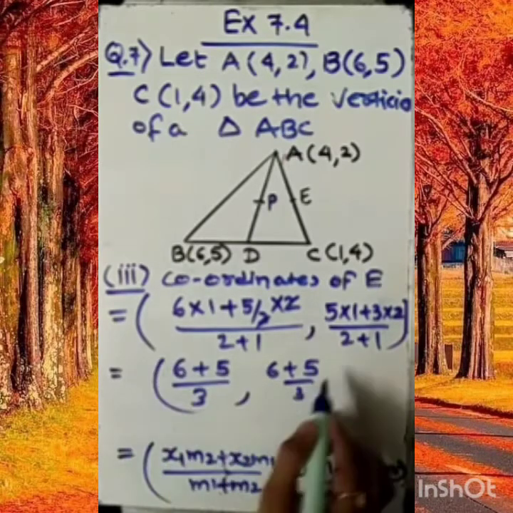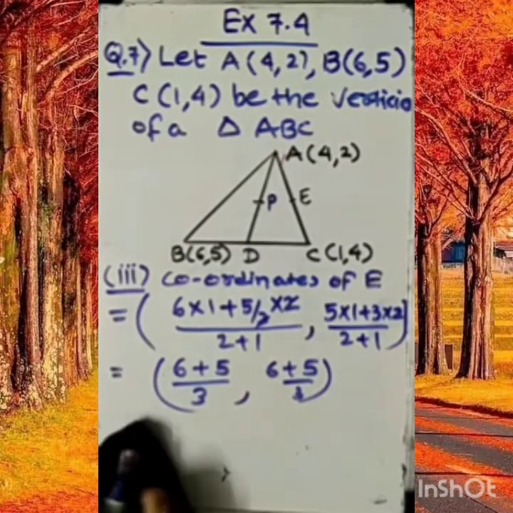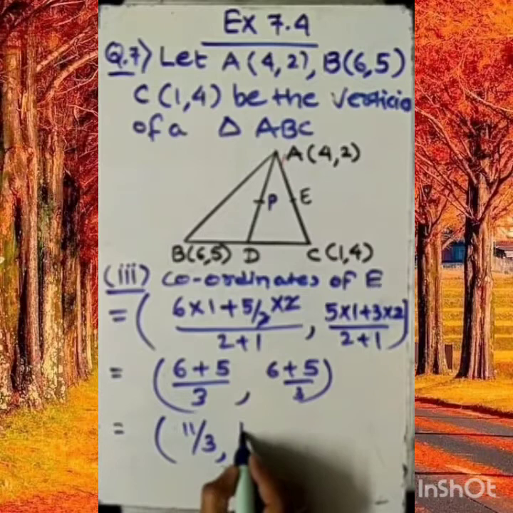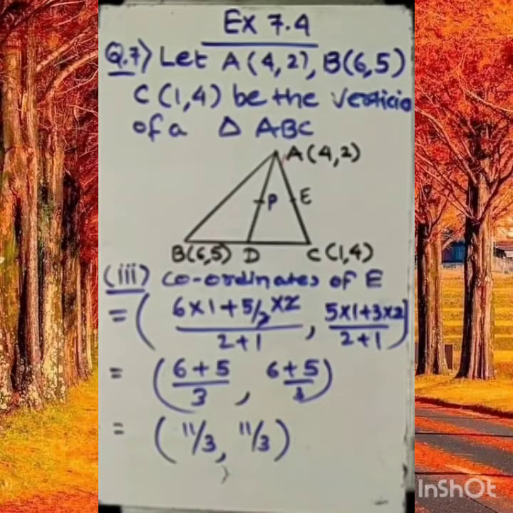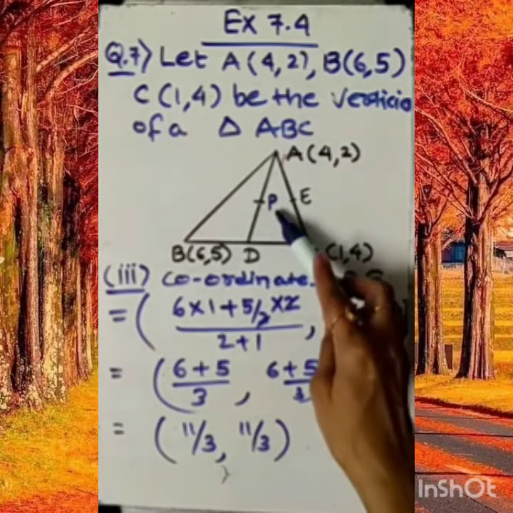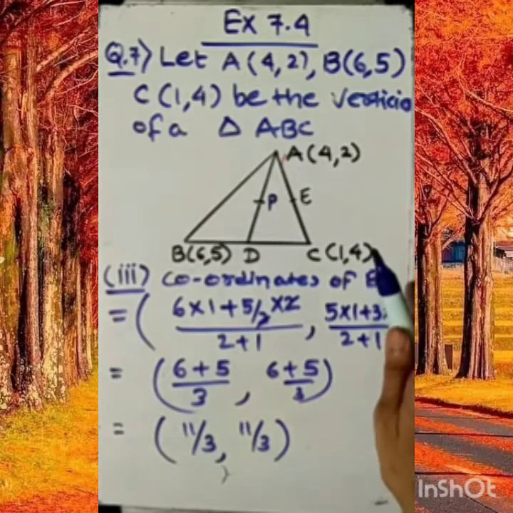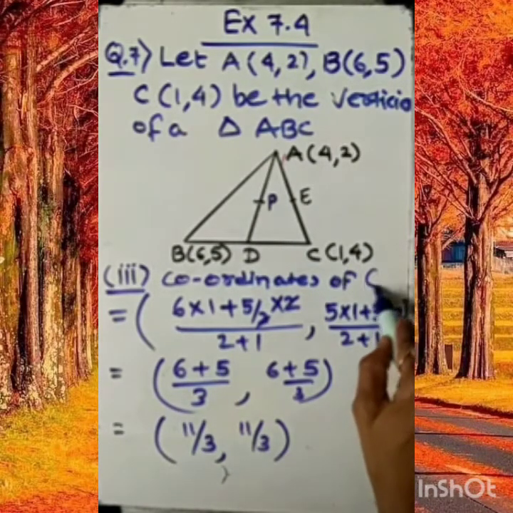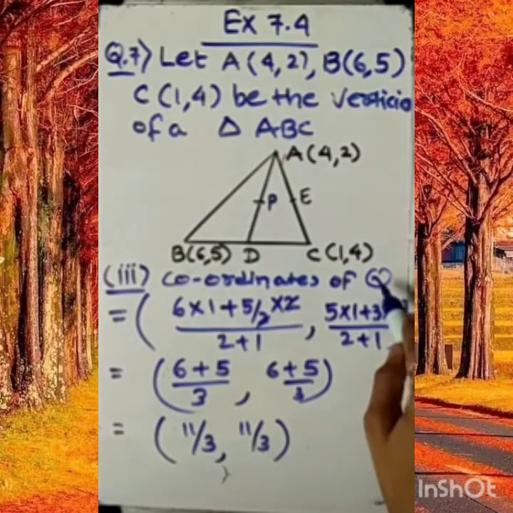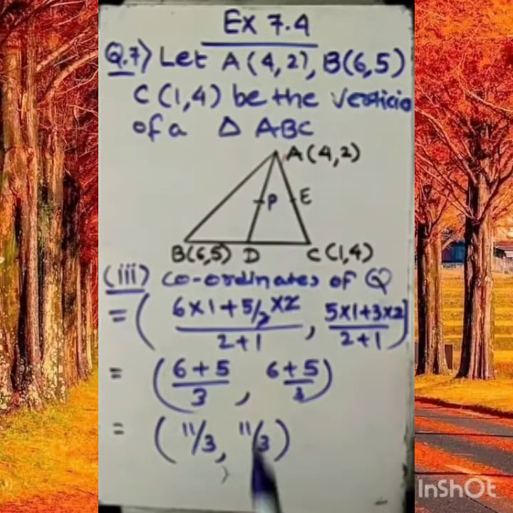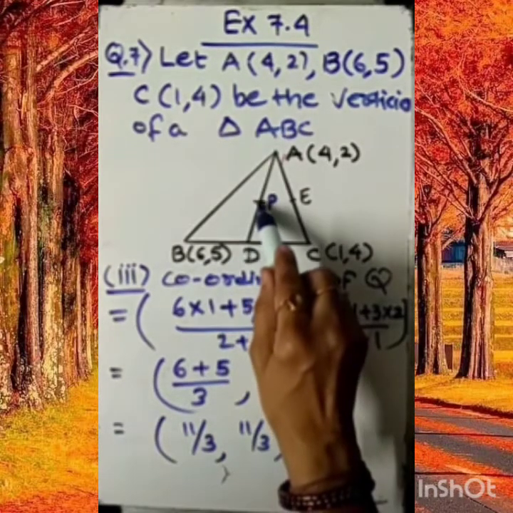So the sum is coming 11/3. Dear student, here the coordinates for point Q are also coming similar to P, because in the first part we found P, which is also 11/3, 11/3. After finding the coordinates of this point, it is for Q, not E, because E we have already found. So that is also coming 11/3, 11/3. It means that the P point itself will become the Q point.